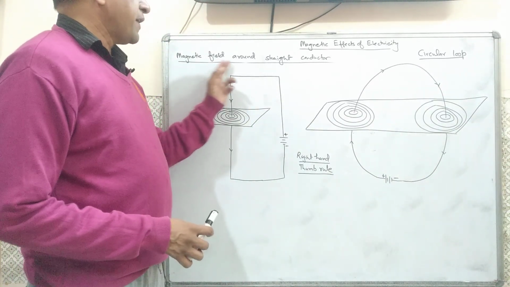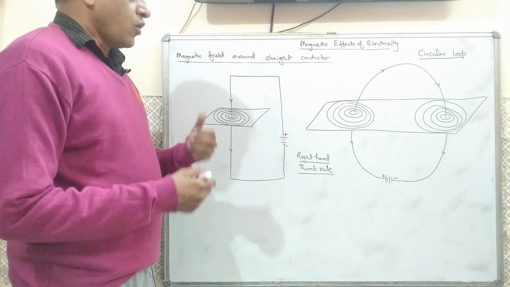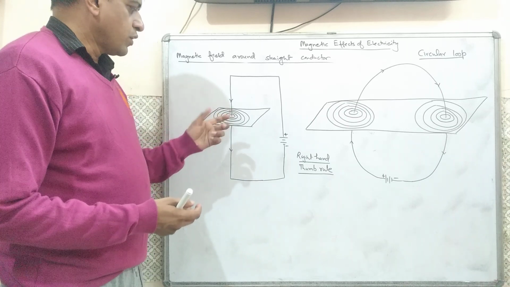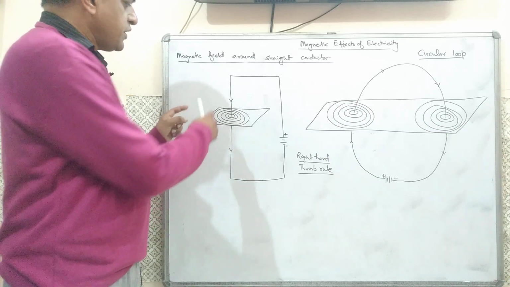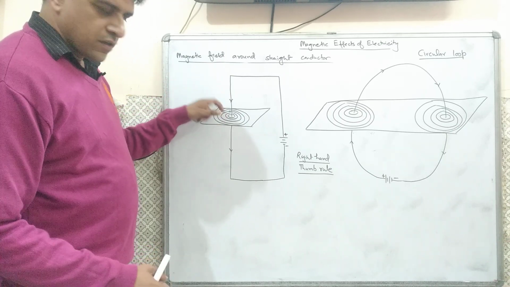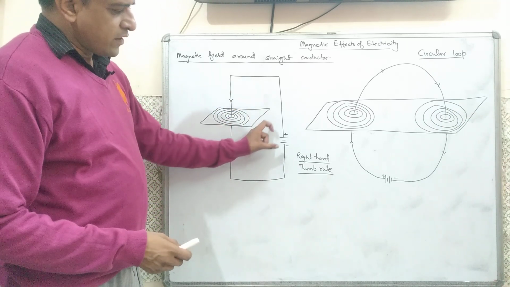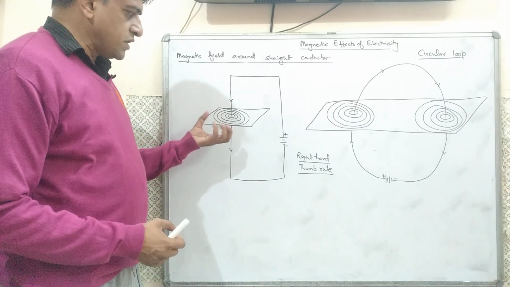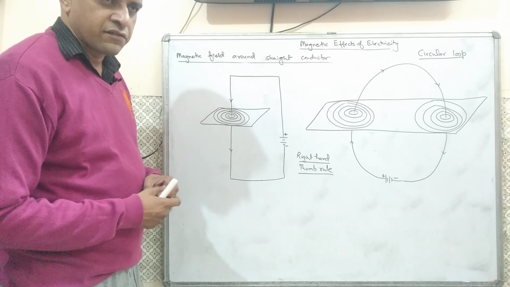Now the next part is the magnetic field around a straight current carrying conductor. After completing his experiment, Oersted wanted to prove the magnetic field further. He took a horizontal cardboard with a straight wire conductor passing through it, sprinkled iron filings over it, and connected this wire to the battery. Tapping the cardboard gently, he noticed that the iron filings aligned themselves in concentric rings.